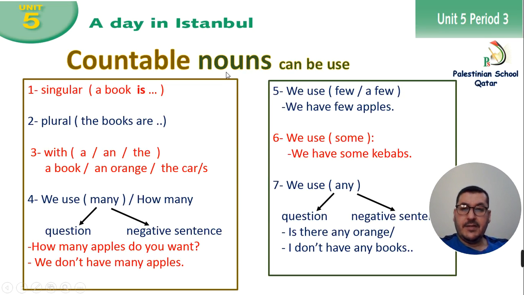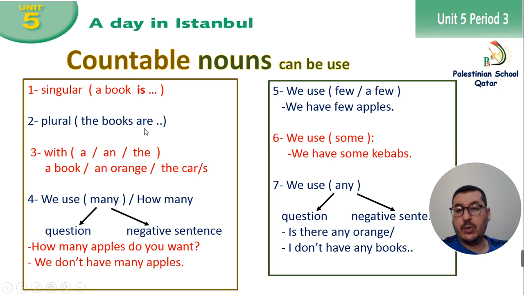Now, let's come to countable nouns. Countable nouns can be used with, number 1, singular. For example, I can say a book is. So a book, just one, takes the singular form of the verb, is. Number 2, I can say the plural: the books are. Here books is more than one, so in this case I put it with the plural form of the verb. So countable nouns can be used with is for singular and with are